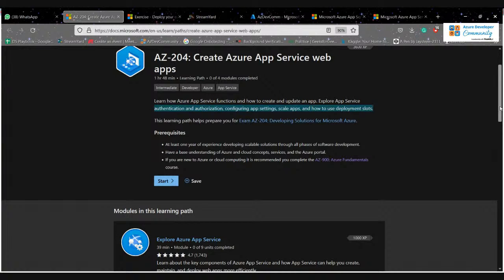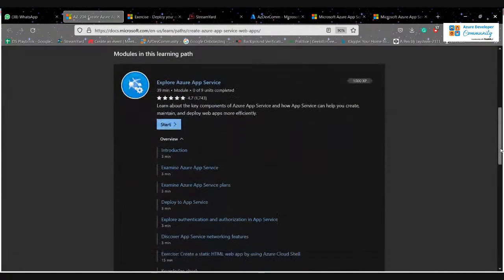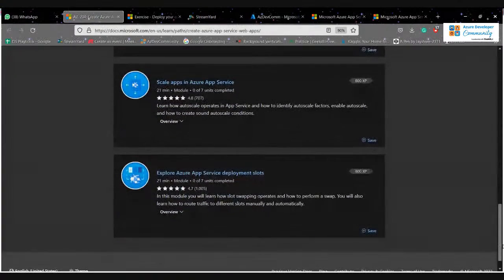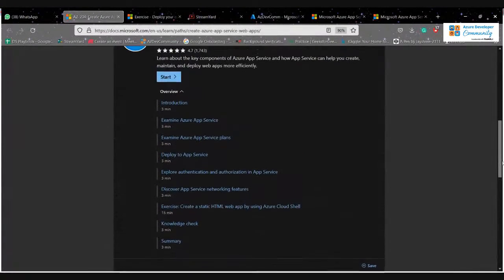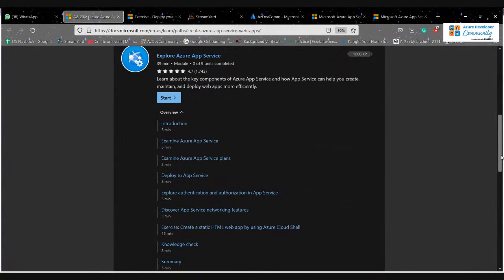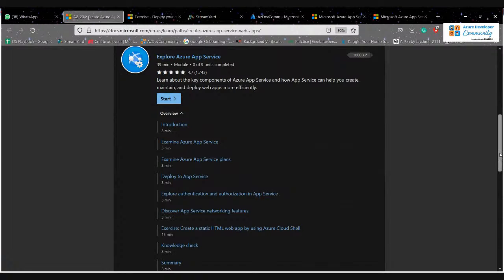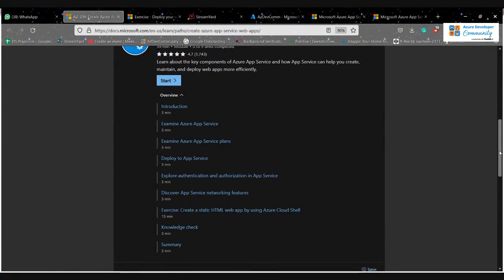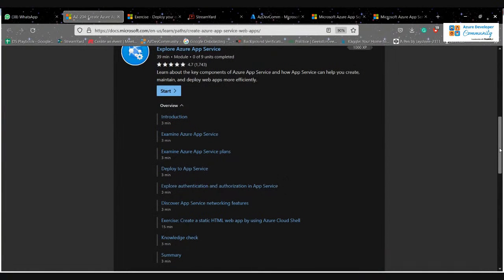So here, you can see a complete module for it. These are the modules that you need to learn to complete this exam, get the passing score, and even score much better. Here you have to go with the first module, which is Explore Azure App Services. Let me show you